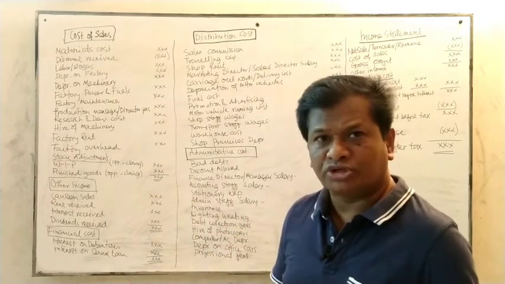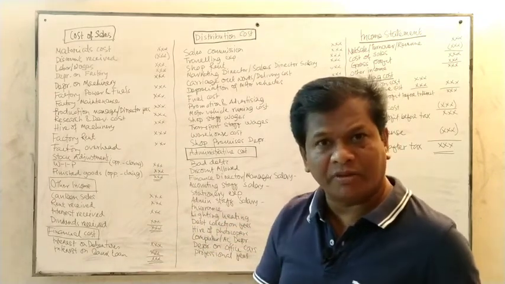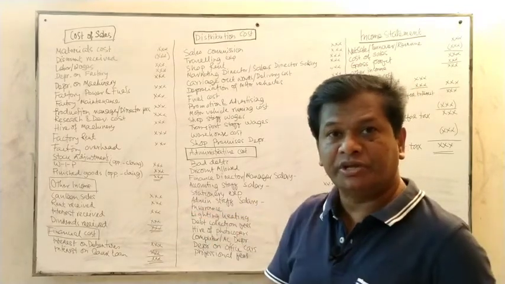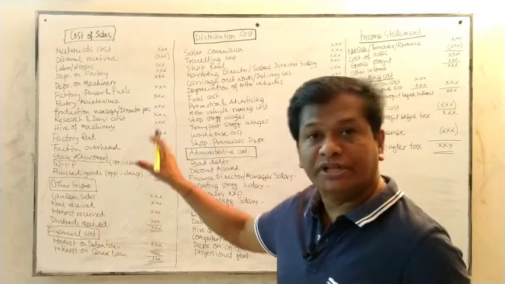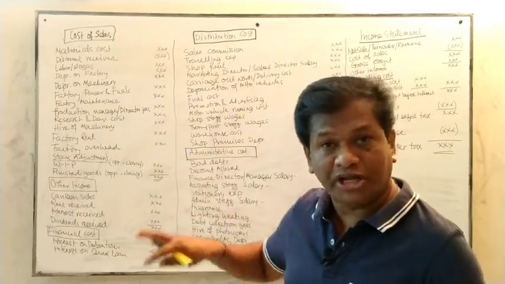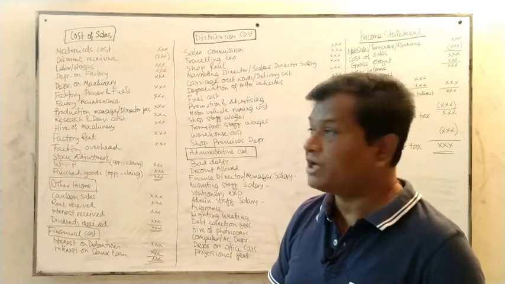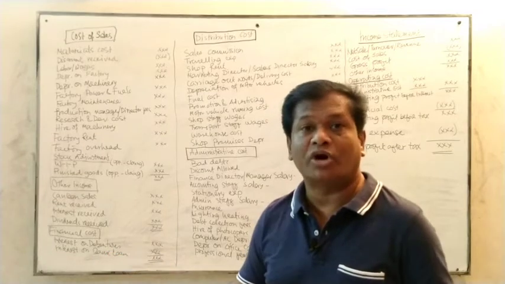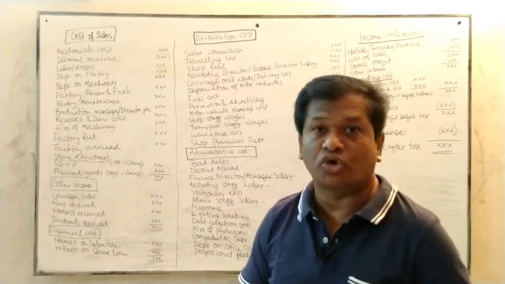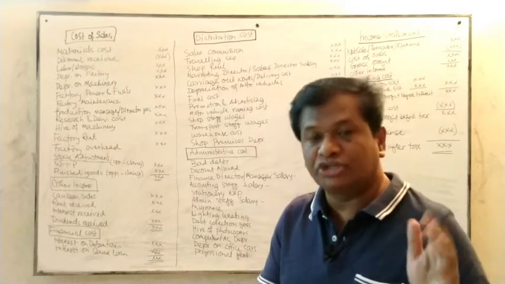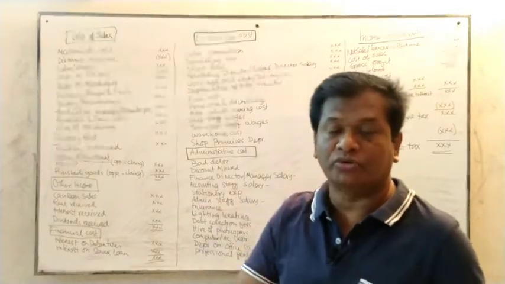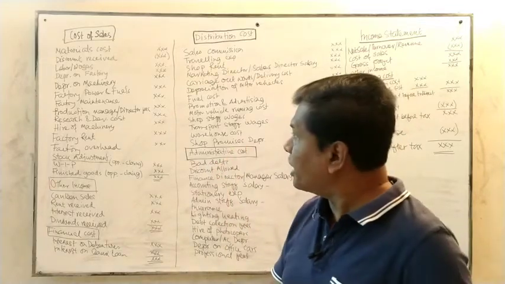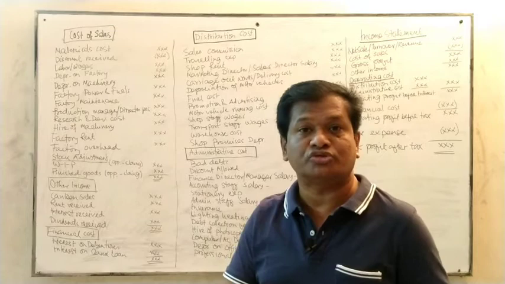In the question paper, maybe some tables are given and some additional information is also given. From the additional information and the tables, you have to adjust the information provided. Whether it is cost of goods sold, other income, other expense, distribution cost or administrative cost, whatever it is, that is to be calculated separately, and the net amount is to come to the income statement. Now I am going to discuss what is the content of cost of goods sold.